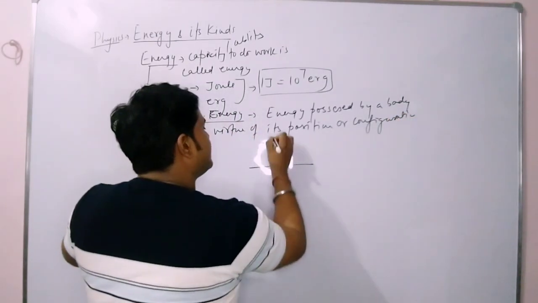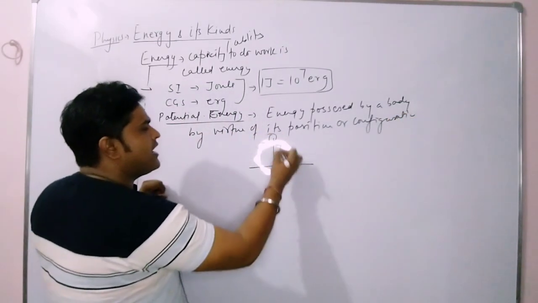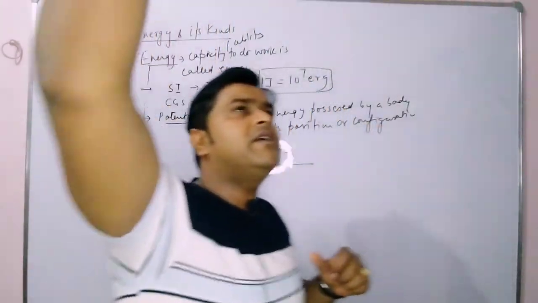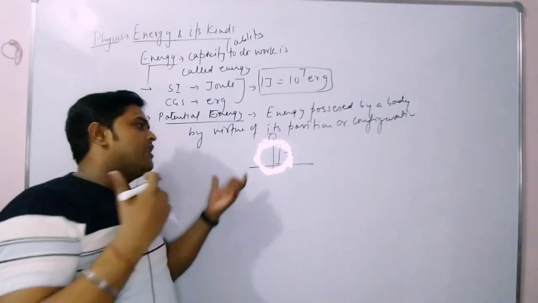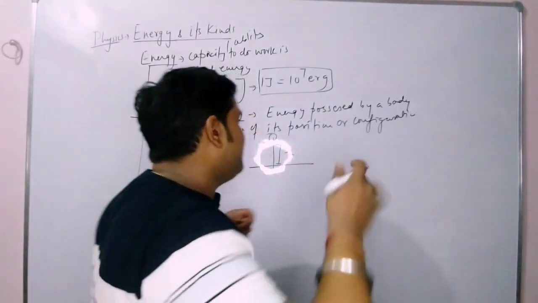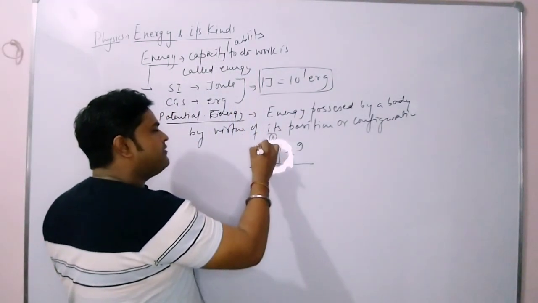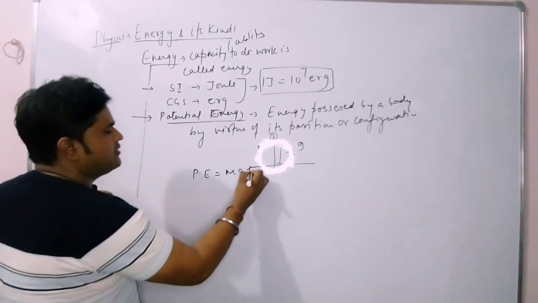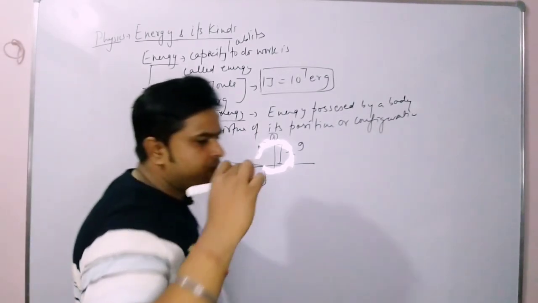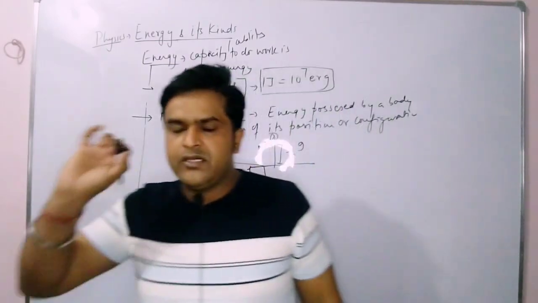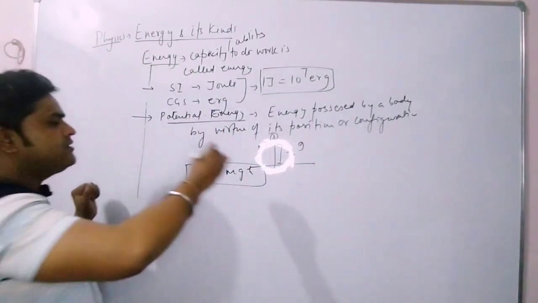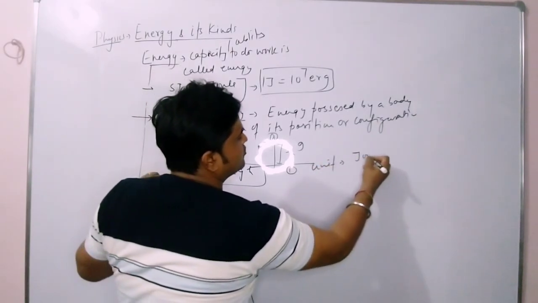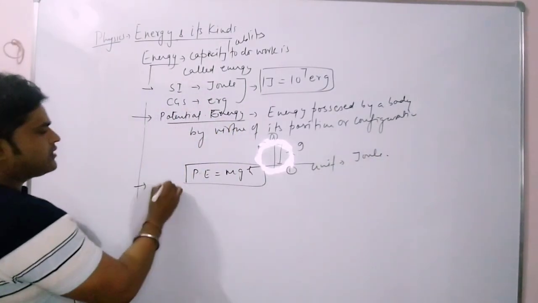Suppose an object is placed at a certain height. So this is the height, and as we throw an object or an object falls under gravity, in both the cases g will be there, है ना? And some mass of the body will be there. So this potential energy will be equal to mgh. Okay? So potential energy का formula होता है mass into g into h. ठीक है? So this is for potential energy. Now units की भी बात करें तो जितनी एनर्जी है सबके लिए we will use joule. Okay? Now for kinetic energy.